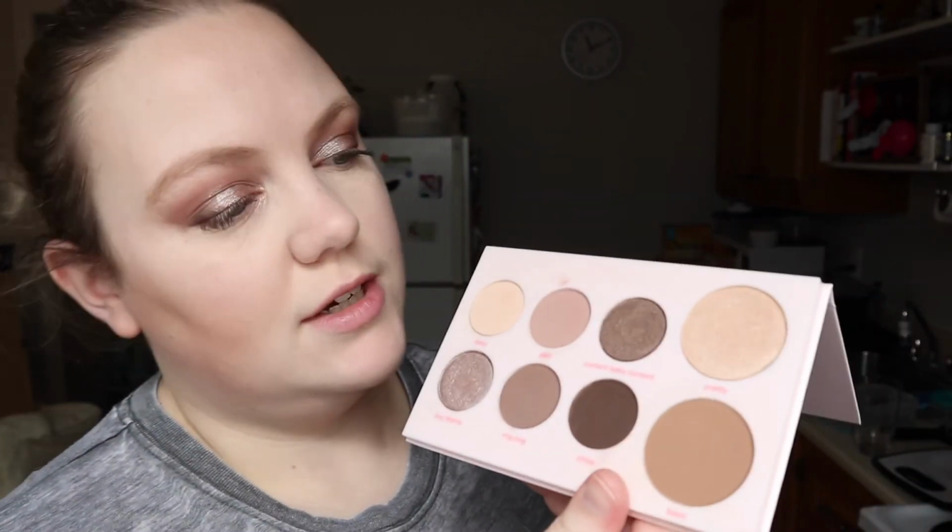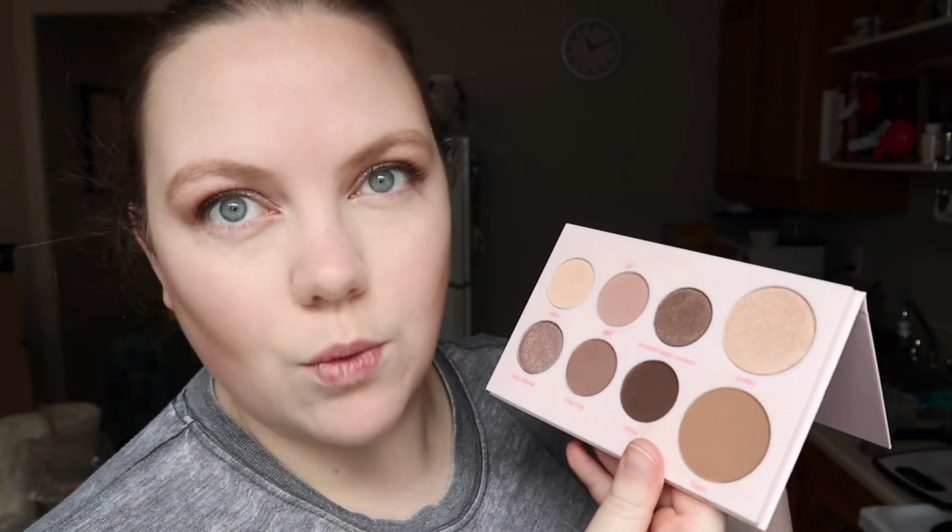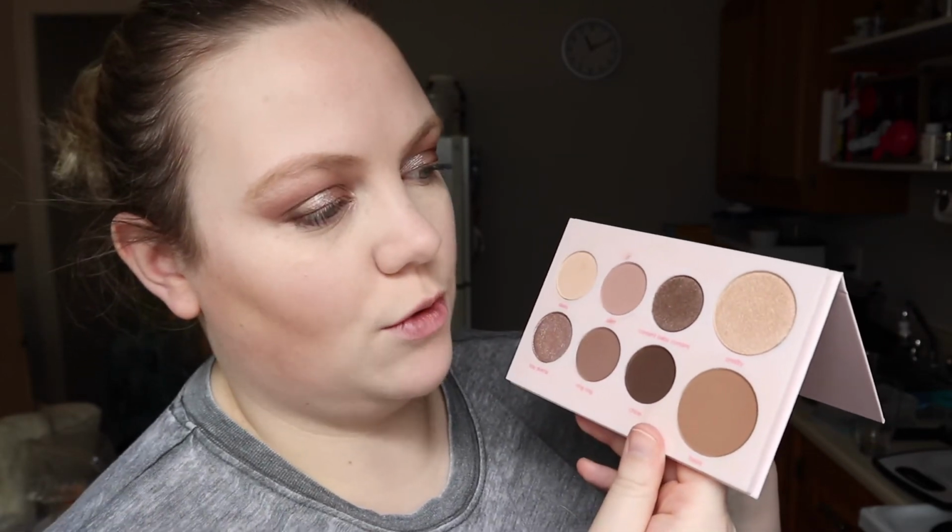Okay, so it definitely doesn't apply, on me at least, the same color that it is in the pan. On camera, it's showing up a little bit less gold looking. In real life, it looks more gold. Let's keep applying, because why not? Highlighter's fun. But yeah, in real life, the pan definitely looks like a different color than it shows up on my actual skin. Now, the only other product that I haven't applied yet in this video is the lip oil,